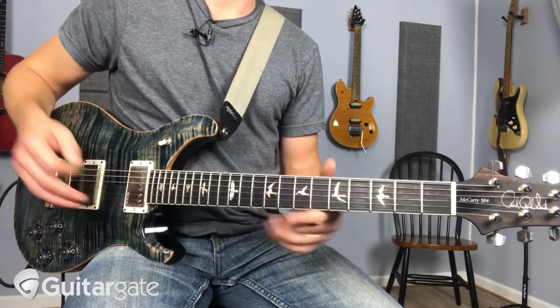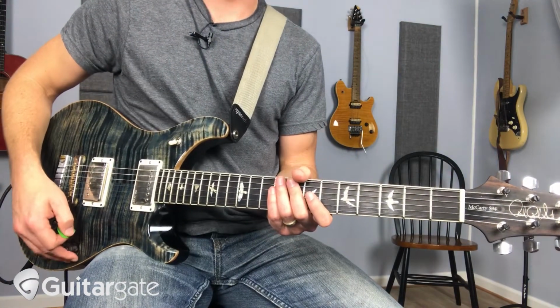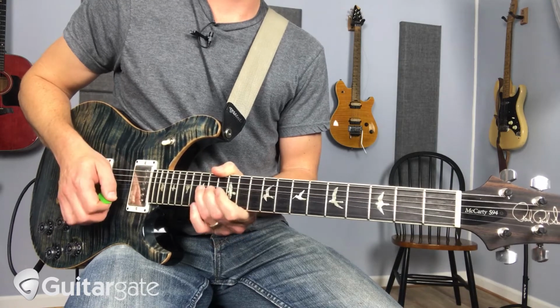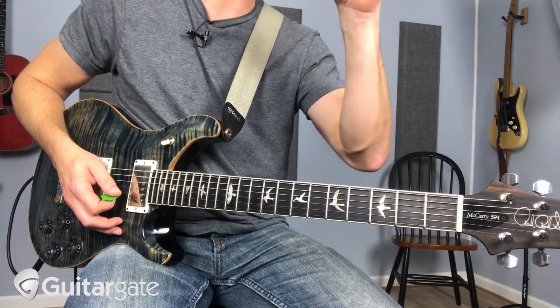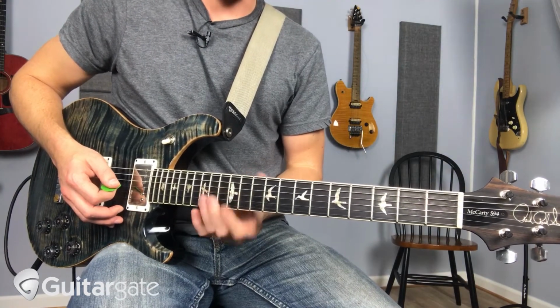usually with a bend on that root again, and then he goes back up into his minor pentatonic box position. And he's just hitting his standard, just holding, bending, and letting it ring out, right? But he's not going to the first string yet. When he goes over here, and he's just...